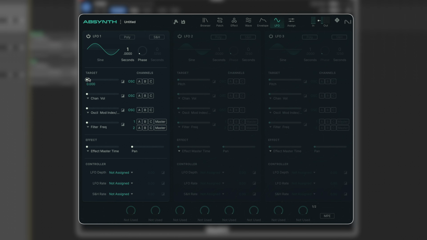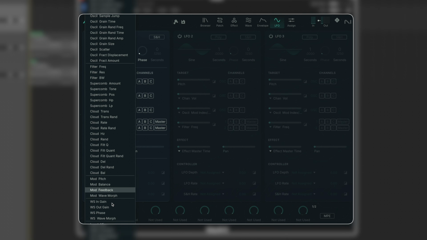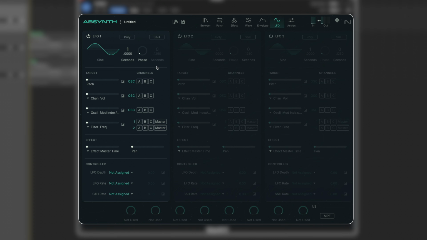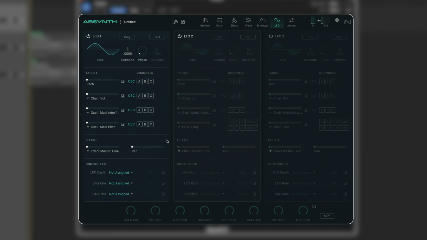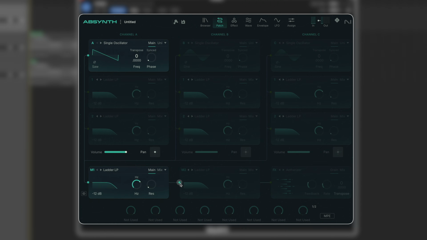We have a slider for pitch by default. Anything with a drop down here can be changed to a huge number of parameters inside and then assigned to the channels A, B or C, or in the case of the third one here, the master. This can be dependent on what is selected. For example, if we select oscillator main pitch, there is no master option for oscillator main pitch and those disappear. If we were to choose filter frequency, however, and we were to decide that just the master filter frequency of filter 1 and 2 were to be affected, which are this and this,